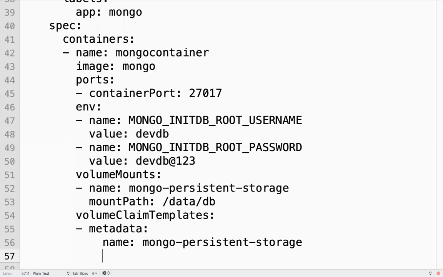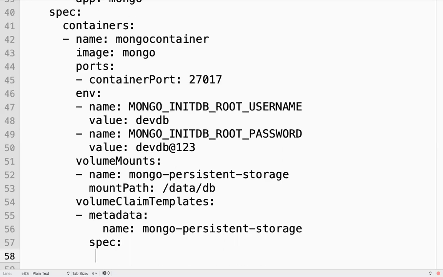Then spec. volumeClaimTemplates. Now I just need to mention the claim template access modes.